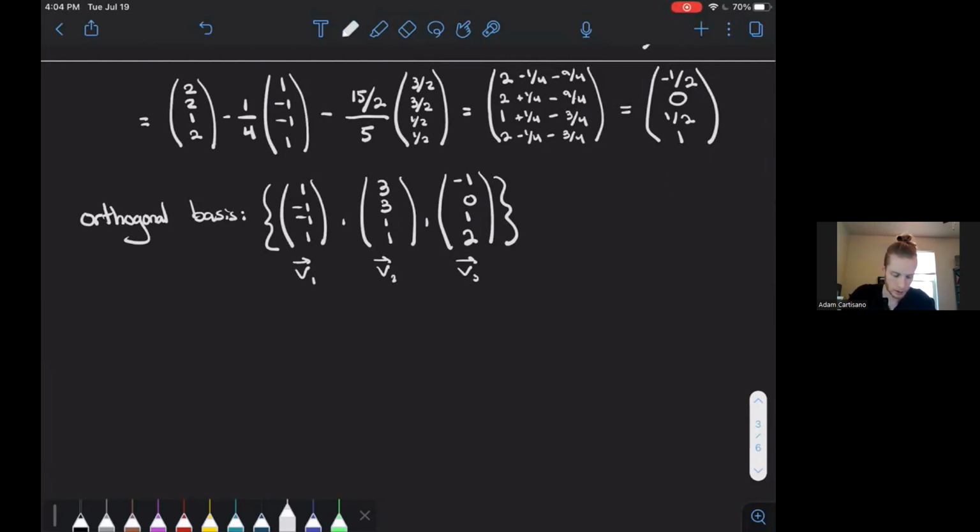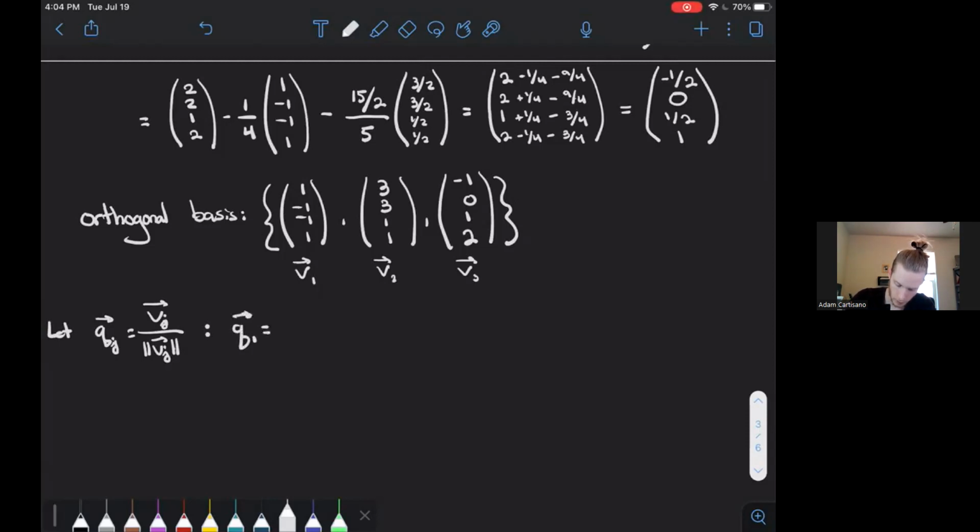So let's define Q1. Q is the letter that we like to use for normal vectors. So Q1 is going to be V1 divided by the norm of V1. Actually, let's just be lazy and say that's true for Qj. Q1, Q2, Q3, they're all V1, V2, V3 divided by their norms. Okay, then Q1